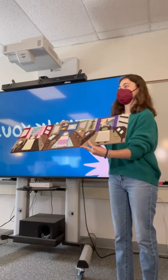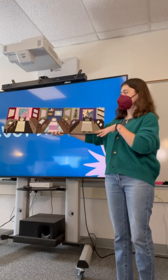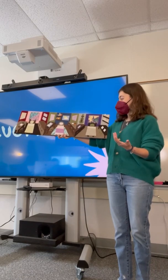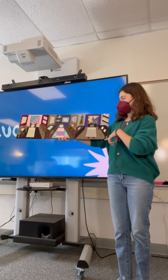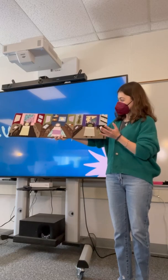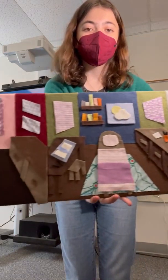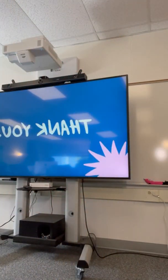All of these were just pre-cut sizes that I decided to go with because they kind of went with the idea I had in mind. And I really like this one because I just love decorating my own room, so it's kind of fun to create whole new bedrooms and stuff like that. So yeah, there's this one. And then my final one,